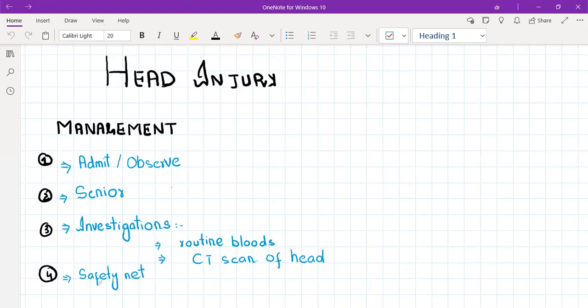Now, there is a specific criteria whether or not to order CT scan in cases of head injury. If the patient meets the criteria, then we order CT scan. Otherwise, we reassure the patient. Okay, and then you have to safety net the patient as well. Safety net about loss of consciousness, any repeated vomiting, any fits, any weakness in any part of the body. If the patient experiences any of that, then please return to the emergency department. Okay,